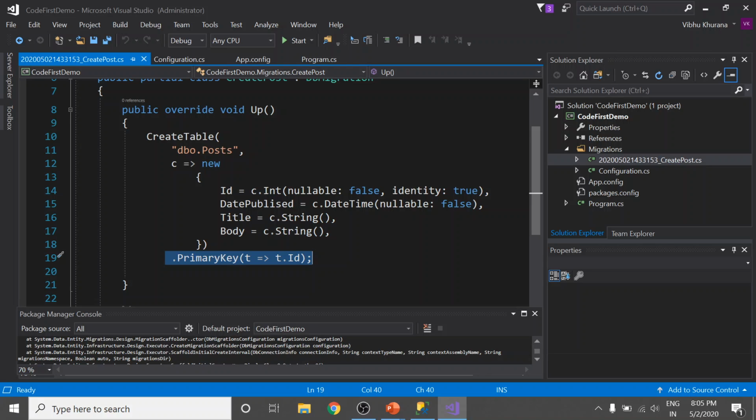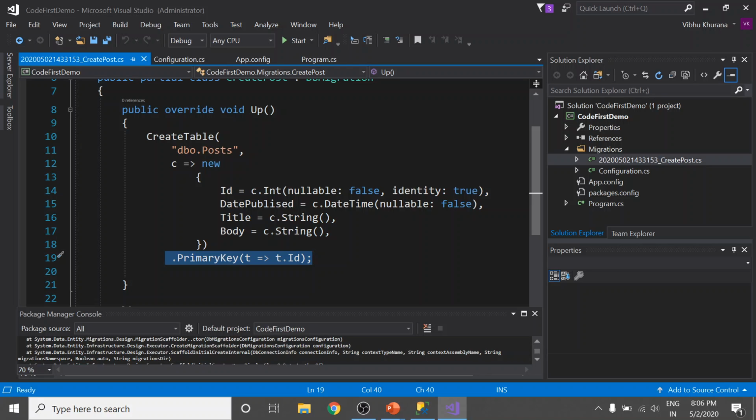So the interesting thing here is Entity Framework uses convention over configuration. So when it looks at our model, in this case our Post class, based on the name and type of our properties, it can figure out how the database should look. For example, it knows that Id is typically used for the primary key and often it is an identity column.